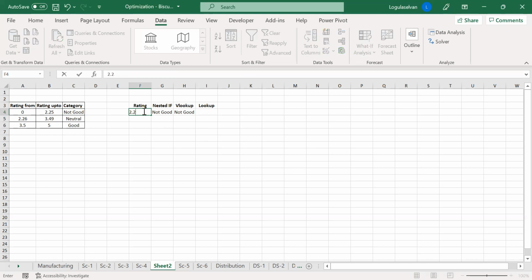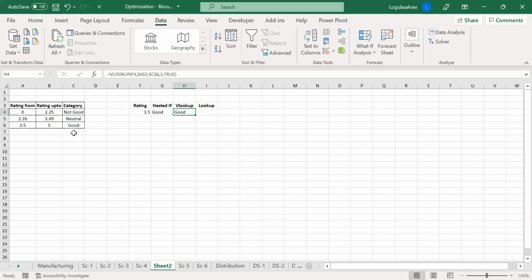Once I change it to 2.26, the value automatically changes to neutral. Then till 3.49, you can see it remains neutral. Once it becomes 3.5, it changes to good.